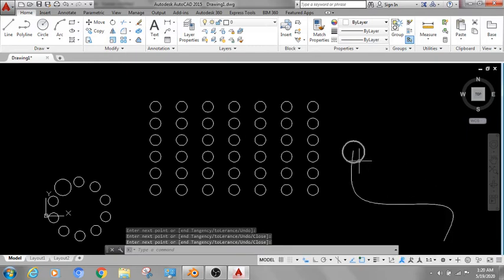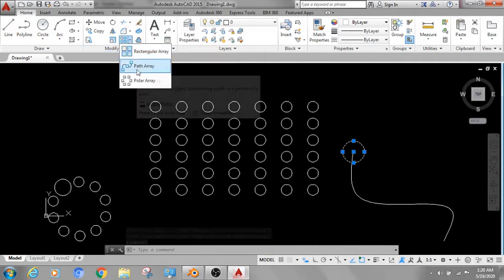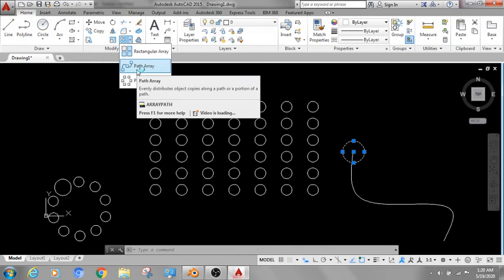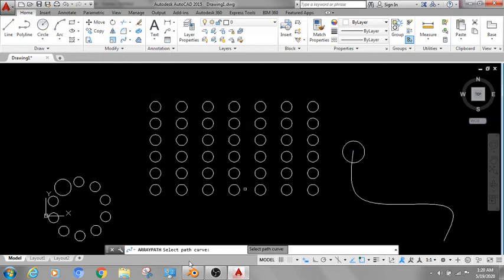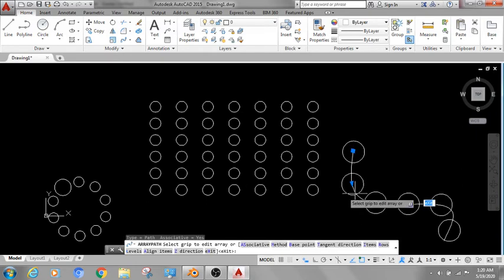First select the object for which you want to create copies, and next you can see here path array, select path array. Now here you can see select a path. So this is my path.